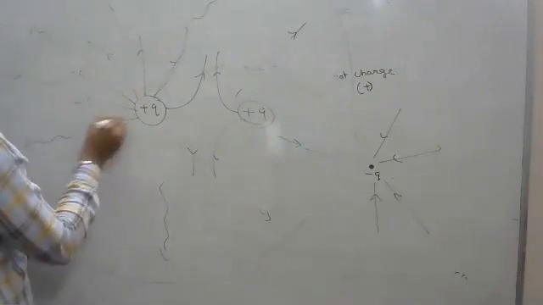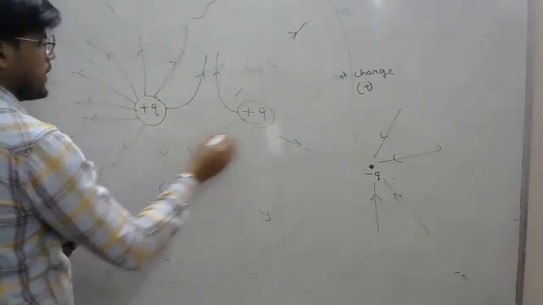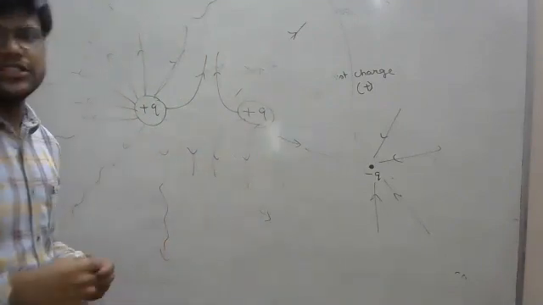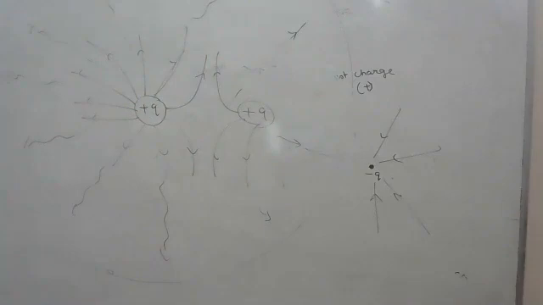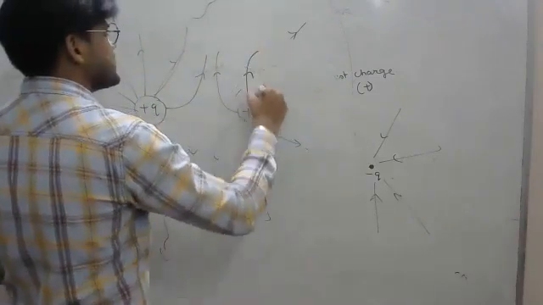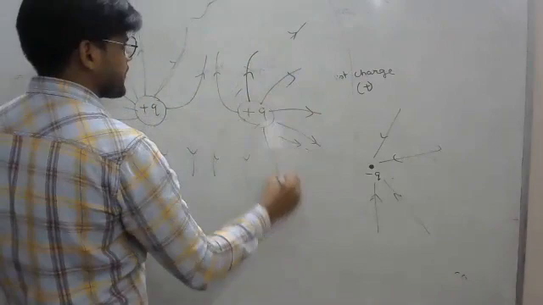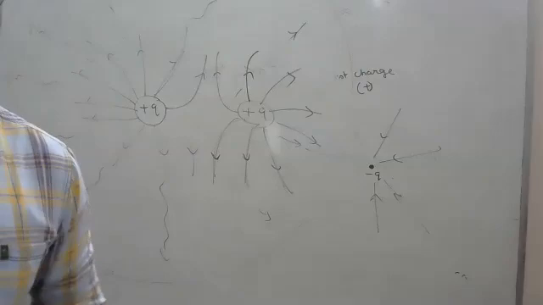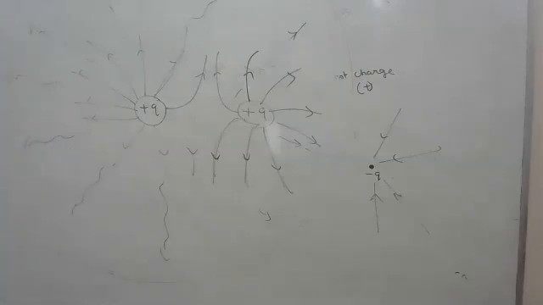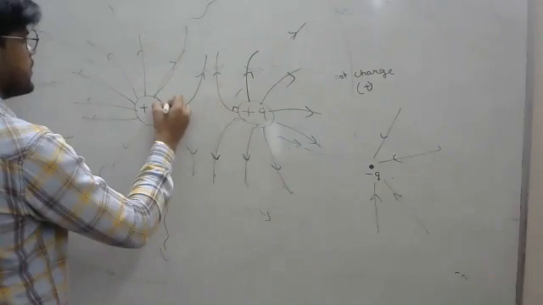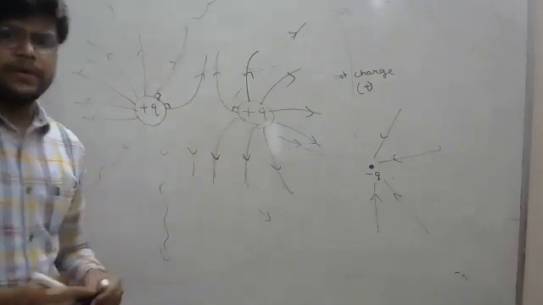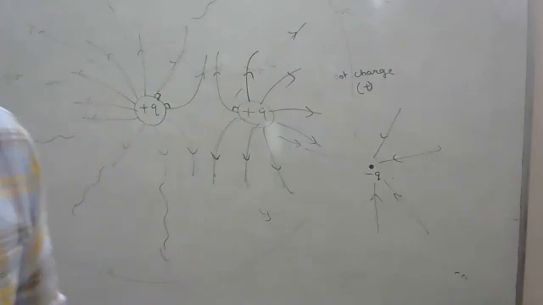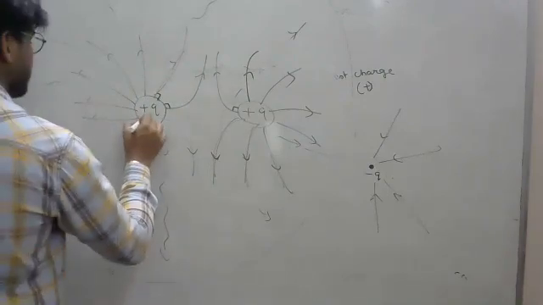We'll be understanding about this thing in detail. Even if you are having more than one charge, if you are having a lot of charges, the electric field lines will arrange themselves in such a way that they don't intersect. In case of a positive charge, it will always be coming outwards. In case of a negative charge, it will always be inwards, and it will be perpendicular at the surface. It may bend afterwards if there are more charges, but it will always be perpendicular at the surface.